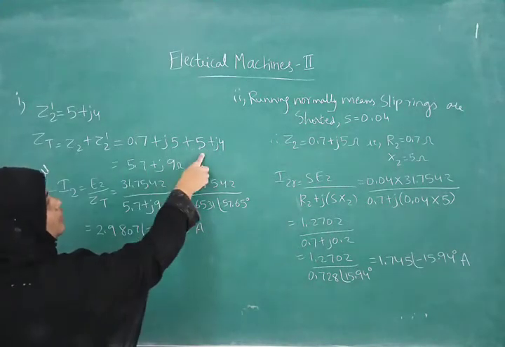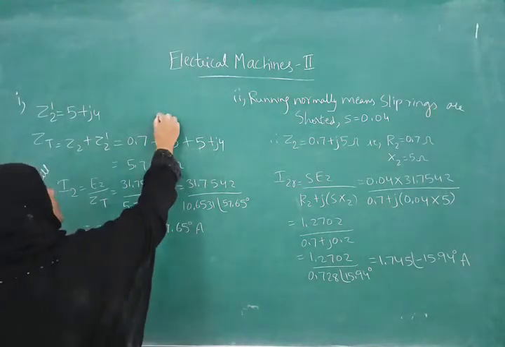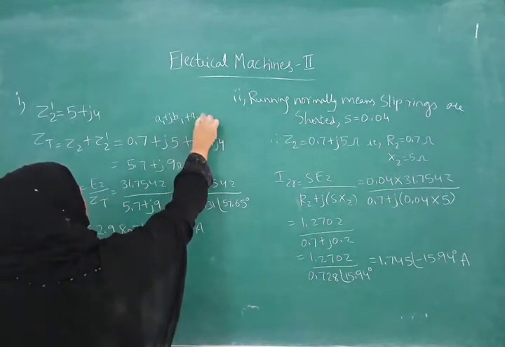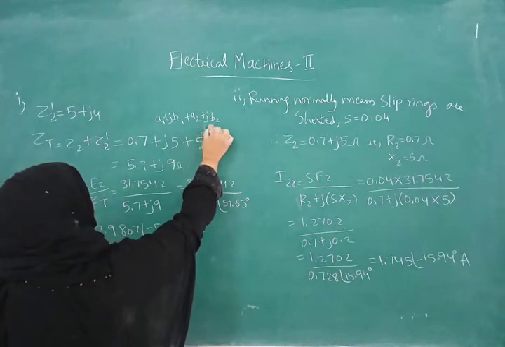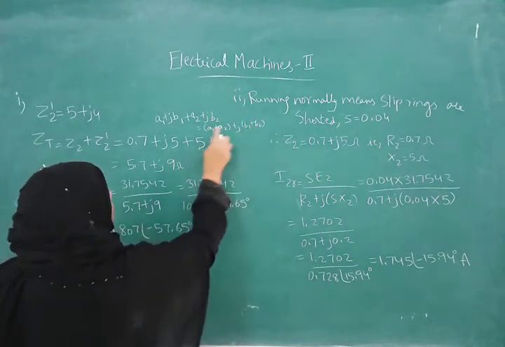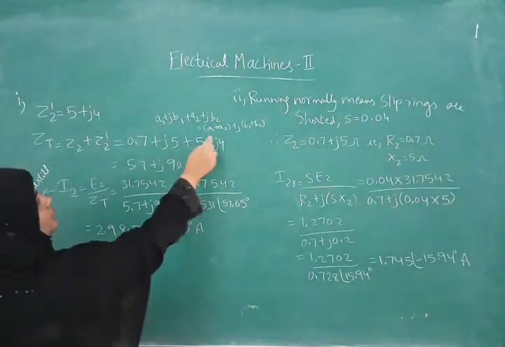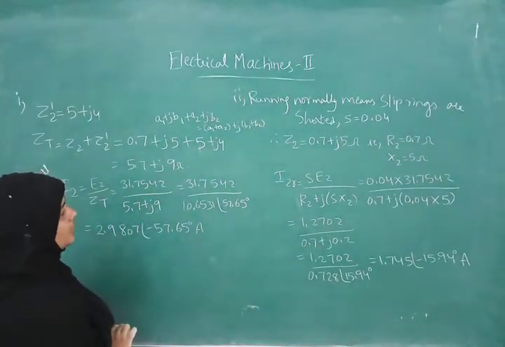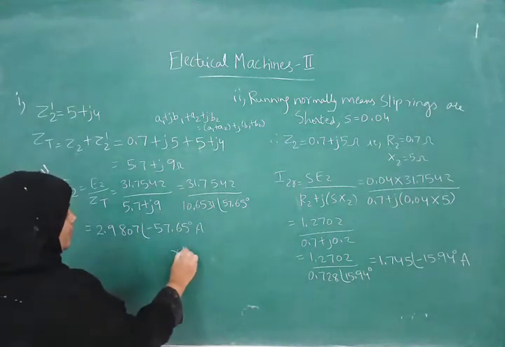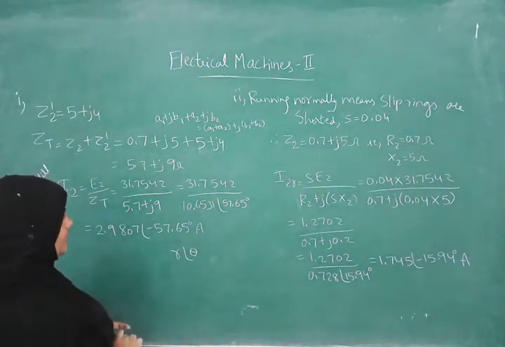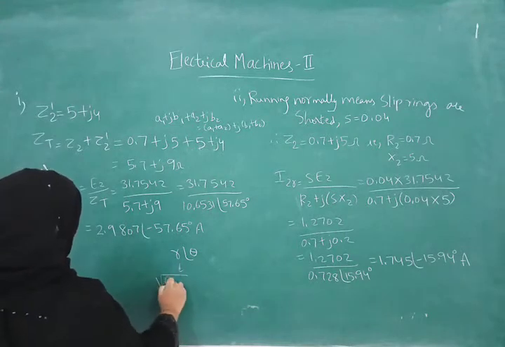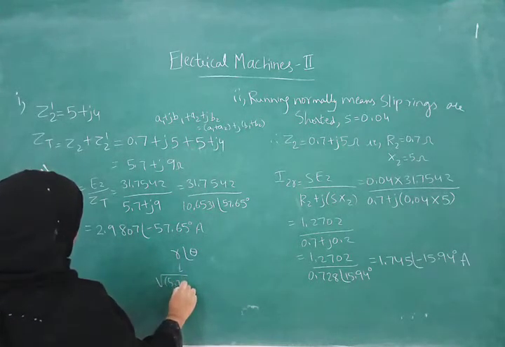So addition just now we have seen was in rectangular form. It is in the form of A plus JB. So A1 plus JB1 plus A2 plus JB2 can be written as A1 plus A2 plus J(B1 plus B2). Same is the case with subtraction. So we can do addition and subtraction in rectangular form, whereas this is polar form, in the form of r angle theta. So what will be r here? Magnitude, that is root of 5.7 square plus 9 square.